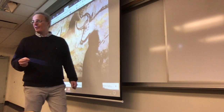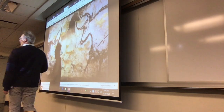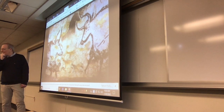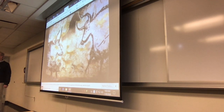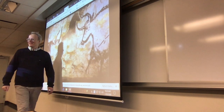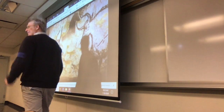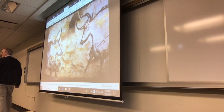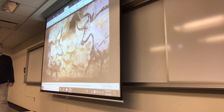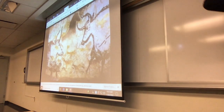there are no landscapes on these cave drawings. It's not just them looking out and seeing the view, because let's face it, in most of the day, that's probably going to be an empty landscape, a nice field somewhere, maybe a river, a couple of hills in the background. That doesn't mean anything. At this stage of humanity, 18,000 years ago, what is likely